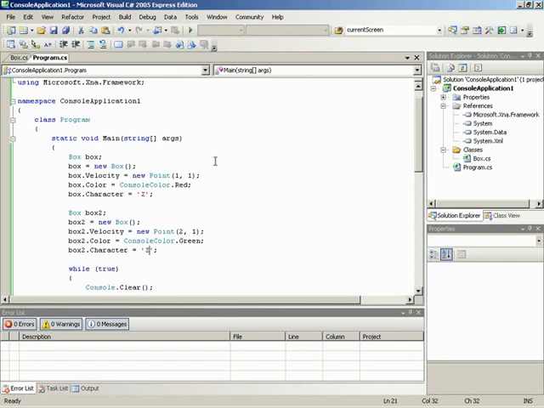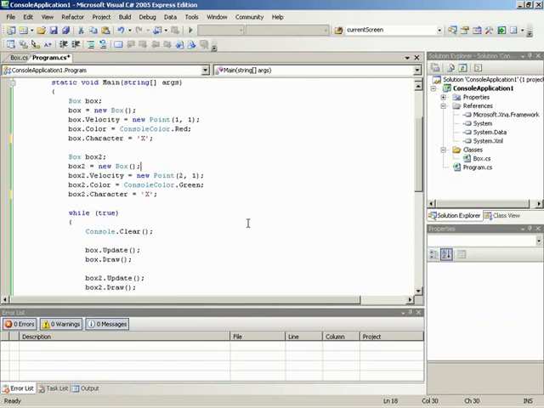So those of you that are following along, just try stuff like that. Have a good time with it. Or every time it hits the wall, change the character. And there's all sorts of stuff you can do. The idea is just the concept of what's taking place right now. It really has been simplified in this example. I know it was a very simple example, but that's the idea,